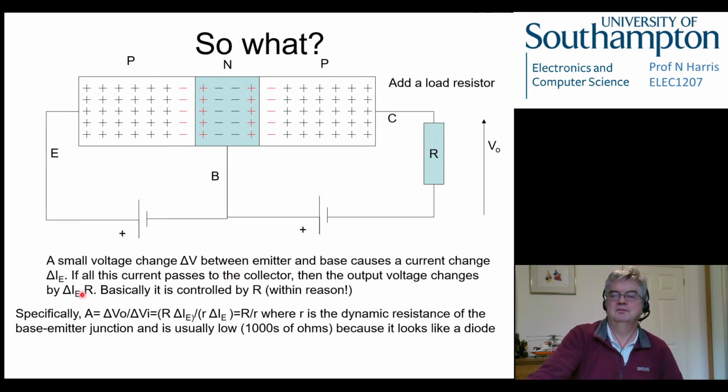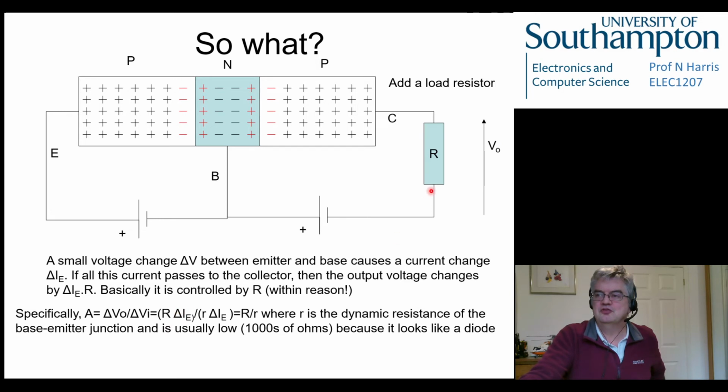And R is something that we have control over. So this output voltage now becomes dependent effectively on the value of R. Specifically A, the gain of this circuit, or the relationship between the input and the output, which we define as the change in the output voltage for a change in the input voltage. So if we change this input voltage, how much of a change in the output voltage do we get over here? It is equal to R times delta